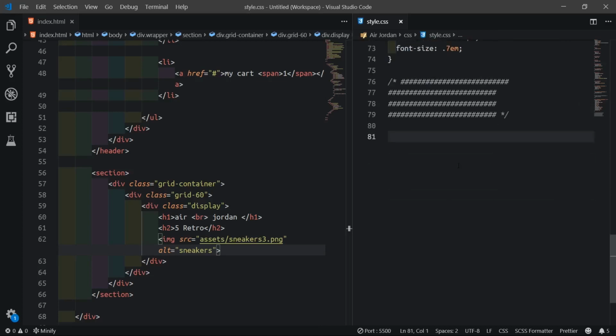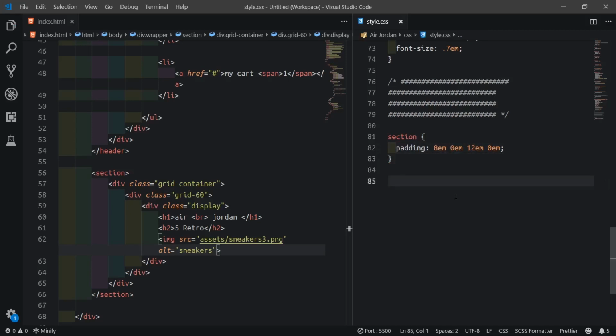So I'll target the section and say padding should be like 8em for the top, then 0 for the right, 12em for the bottom, and 0 for the left hand side.